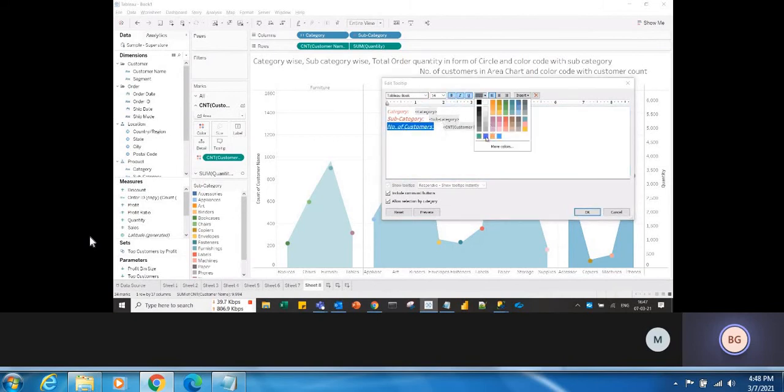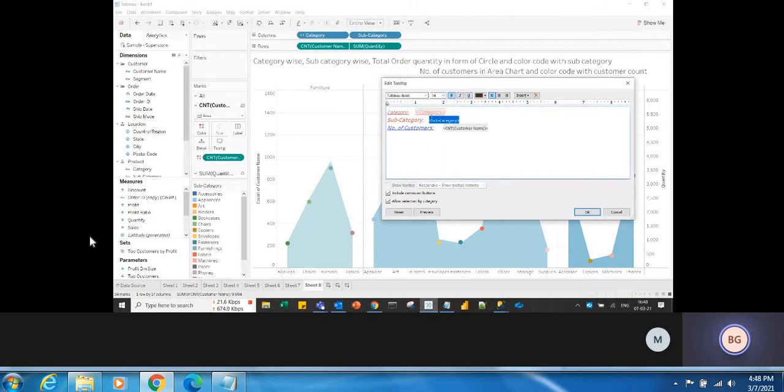Okay, if you go to the preview, see category, subcategory, number of orders it is showing. And if you want to format this also, like furniture, right? So the values, even you can do this: bold, italic, underline, and whatever the color you want to make it, and you can increase the size. Okay, same thing you can do.